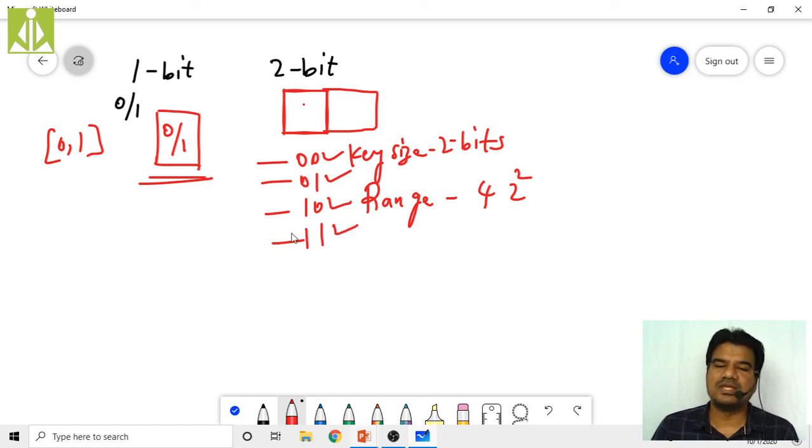I can select any of these four possibilities as my key. So if I make my key size 2 bits, the attacker has to check only these four options, because our crypto system is a binary system. In the first attempt, he will perform the brute force attack with 0 0. If he finds the key, so let us assume that our key is this one.